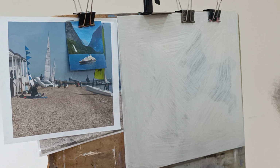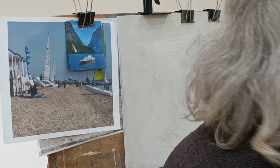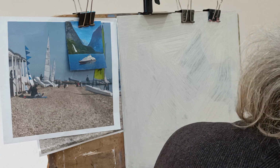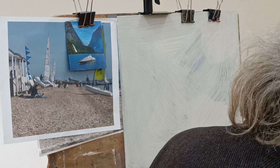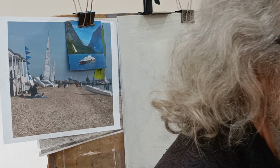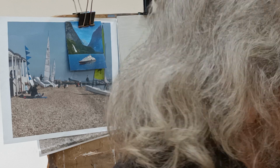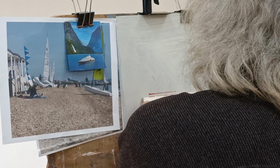So I'm making the paint fluid so that I can get a nice line of that. This is just a bit of cardboard with a bevel on it. It's a piece of mount board that I cut a mount out, but on one of these edges, I must have cut it at 45 degrees. Sometimes I use bits of card, sometimes I use bits of wood and just cut 45 on wood. So if I do that, hopefully I can get a reasonably